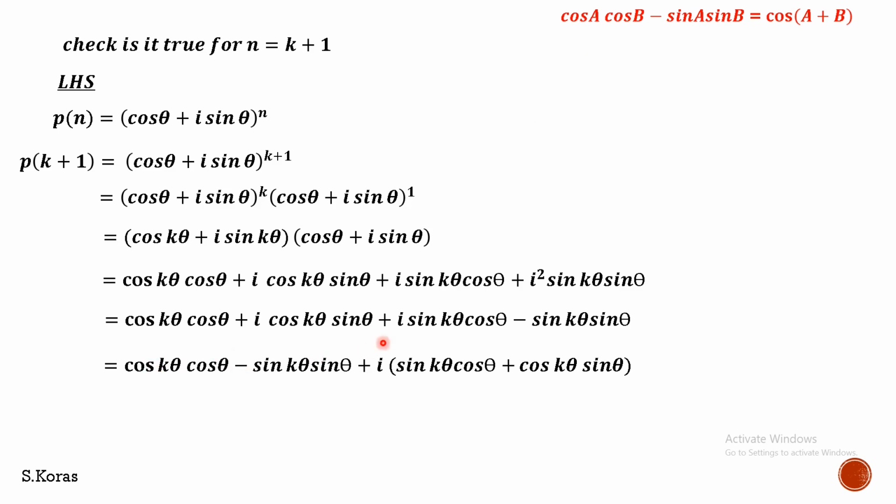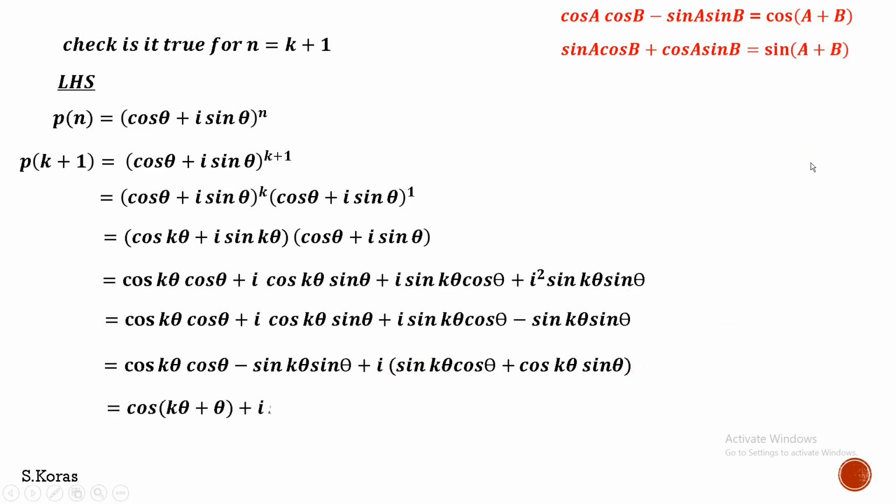Since it is in the form cos A cos B minus sin A sin B, the formula is cos of A plus B. The same way we see here, that is in the form sin A cos B plus cos A sin B. Here we have another formula, sin A cos B plus cos A sin B can be written as sin of A plus B. So we are going to use these two formulas. For this we have the formula cos of A plus B, and for this we have the formula sin of A plus B.